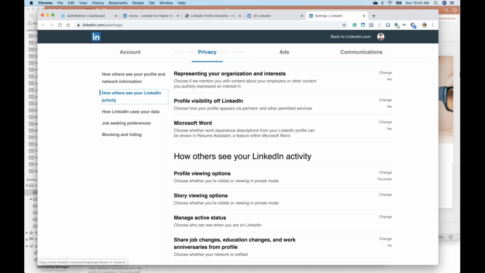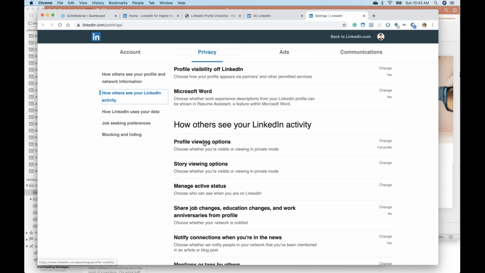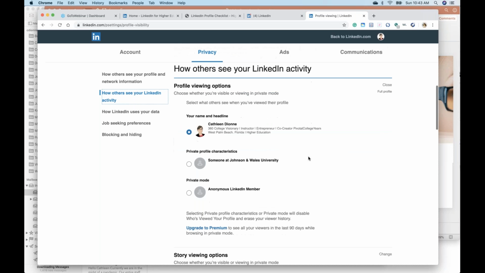What I wanted to show is this section right here, how others see your LinkedIn activity. So what they're seeing. Basically when you're looking at someone's profile, you're leaving a footprint behind, and you can control what people can see of you. So when I view someone's profile, this is what I have selected.